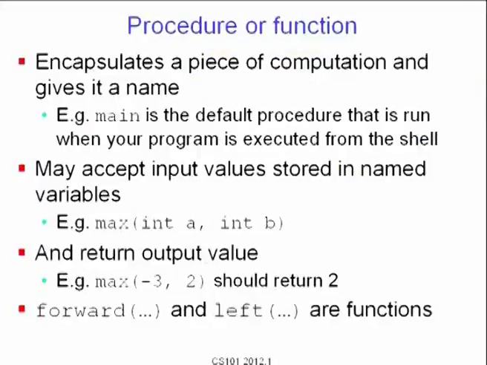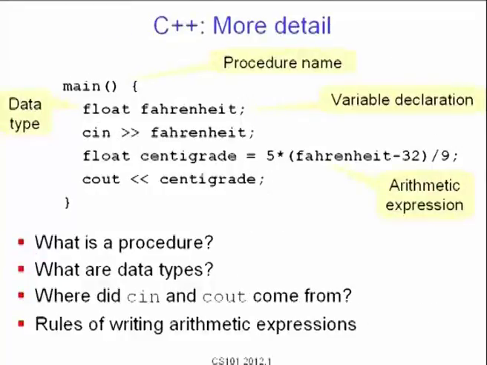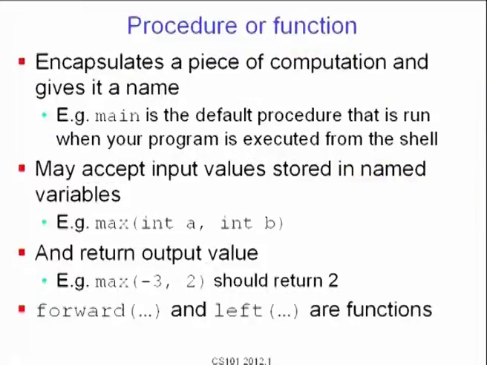Okay, fine. Now let's go back and clean up a couple of things from the slides. So what's a procedure name or what's a procedure or function? A procedure or a function encapsulates a piece of computation and gives it a name. So this entire act of reading a Fahrenheit temperature, converting it into centigrade and printing it out is called main. The symbolic name main is reserved for this piece of action. Okay? So the advantage is that we can write this function once and then reuse it from many places as